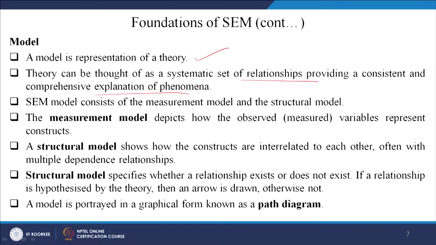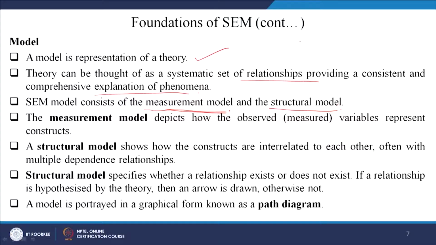So, this relationship has to be understood. The SEM model consists of the measurement model and the structural model. We have talked about the measurement model earlier. We just wanted to test whether the model is fit or not, that means whether all the constructs are linked to each other or not. And in the structural model we are saying there exists a proper relationship, that means a direction is there, that means A affects B. It does not mean that A and B both are dyadic or both affect each other. No, A affects B, it is very clear, and that means it has come from theory.